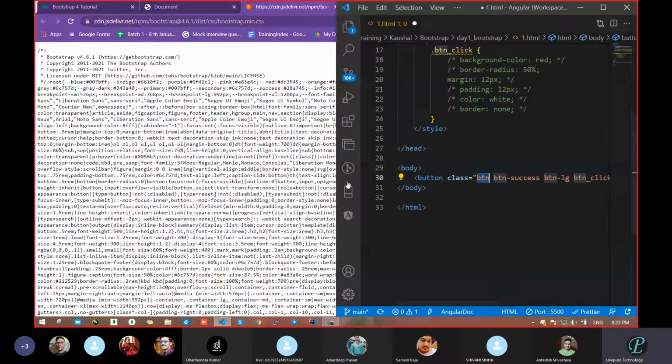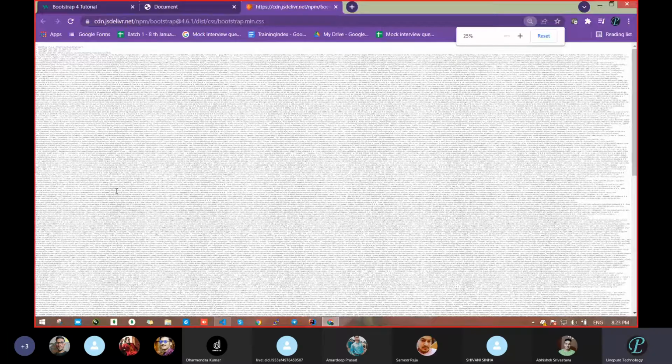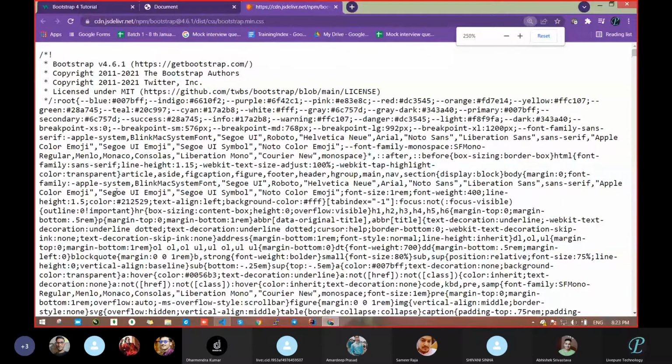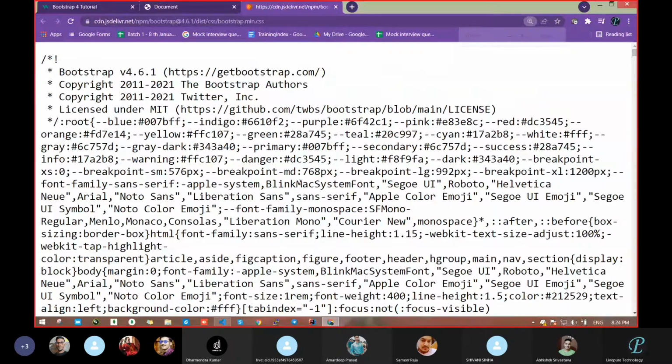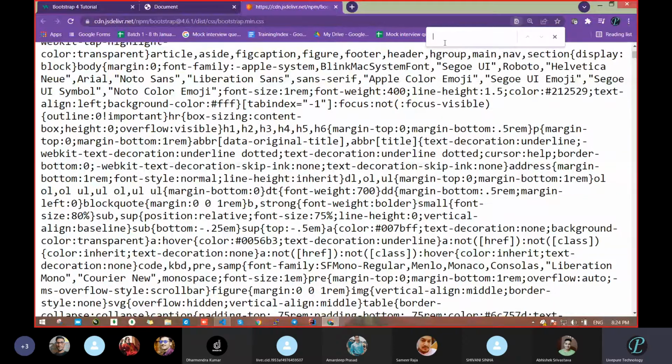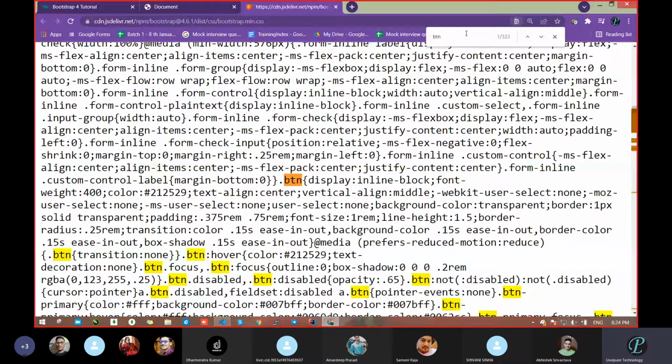Okay, this is our class name, means somewhere a style is written. So see, oh my god, what happened? So let's search. How will I search? Can we go one by one? So we will directly press Control and F. Control F means find, and then paste that value.